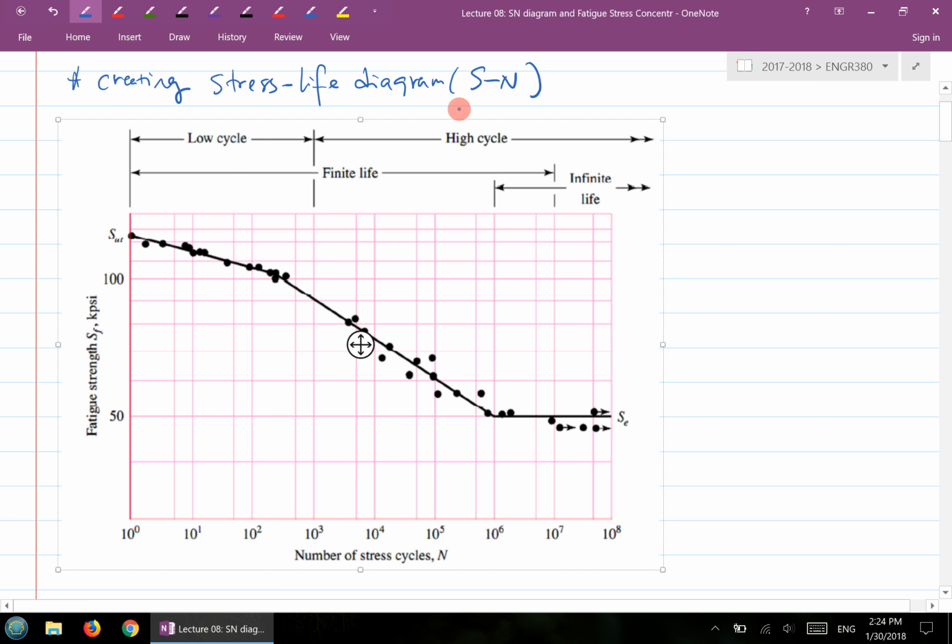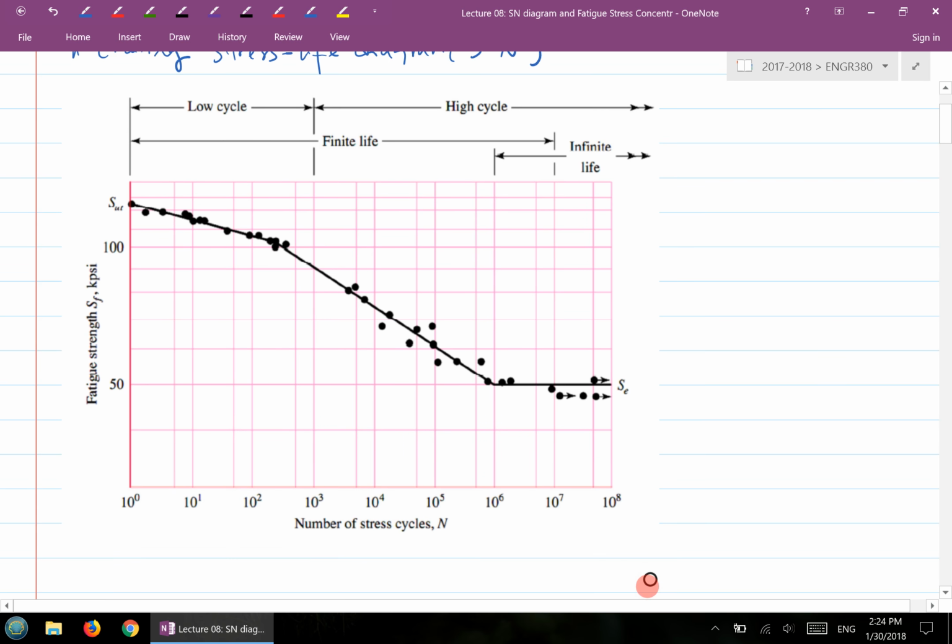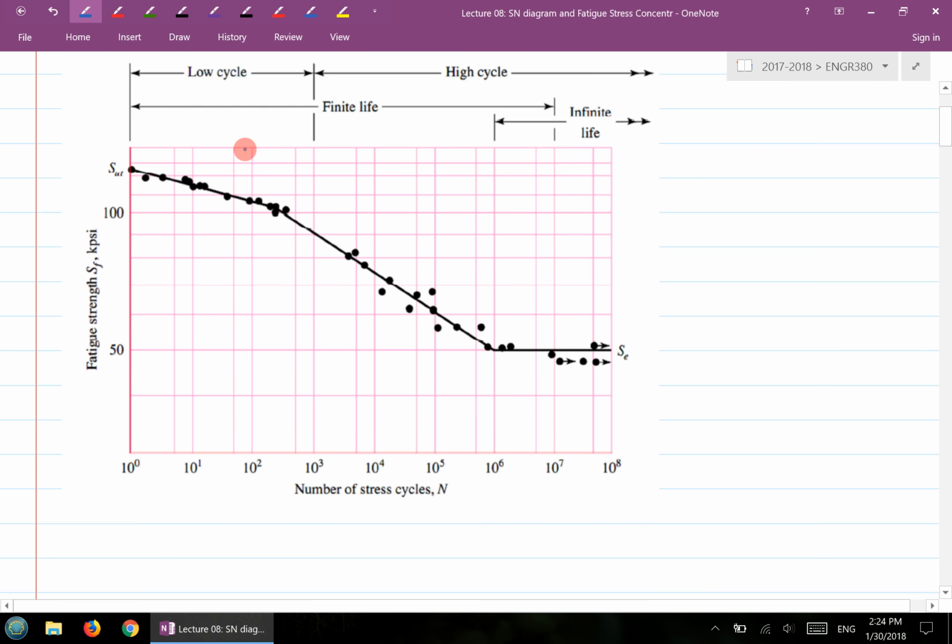If we still need that stress life diagram, then we have to find a way to approximately reconstruct it using some approximation methods. Here is the typical stress life diagram, which is basically what we saw in the previous lecture. Let's take a look at this one. Remember, this is created with